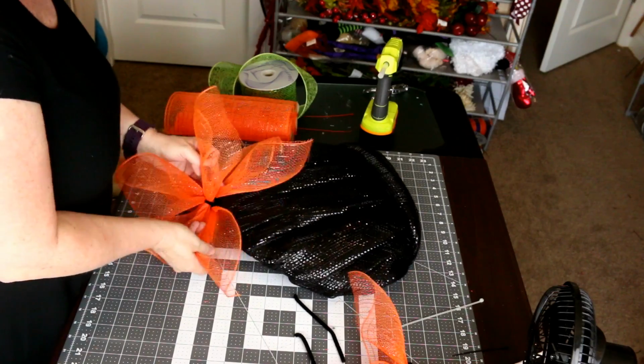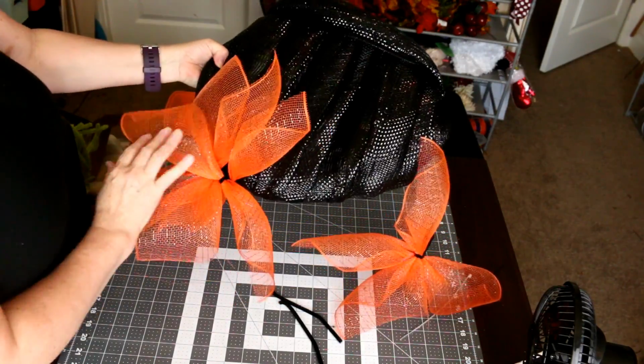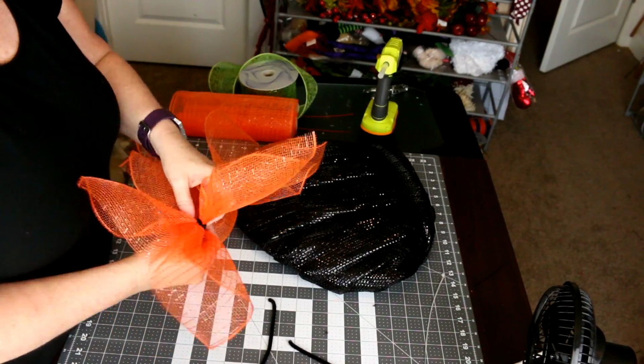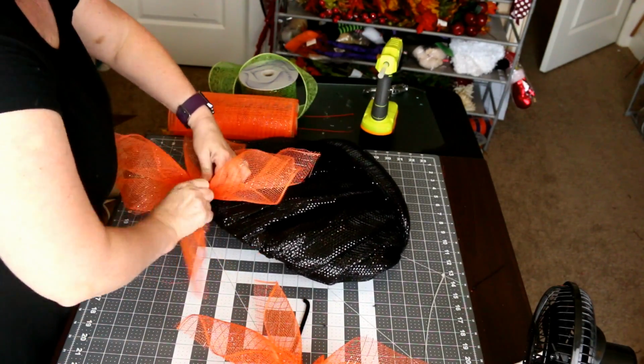now I'll just kind of arrange them so that they're going in all different directions, because you want it to look like it's fire. Fire isn't exactly something that would stick all in one direction. So,